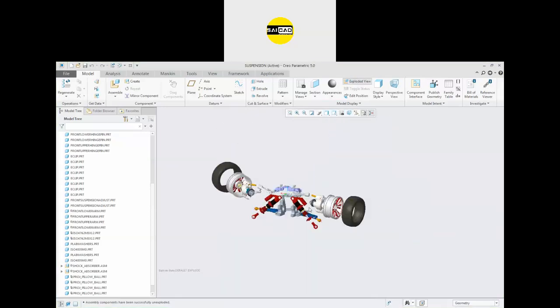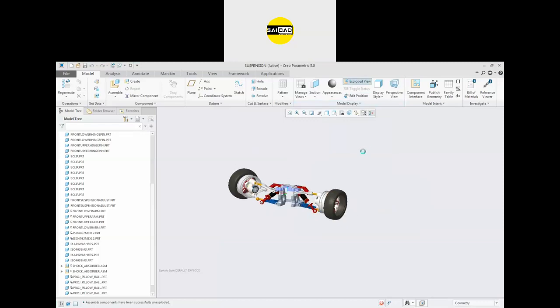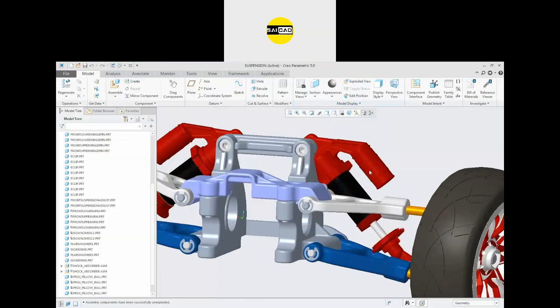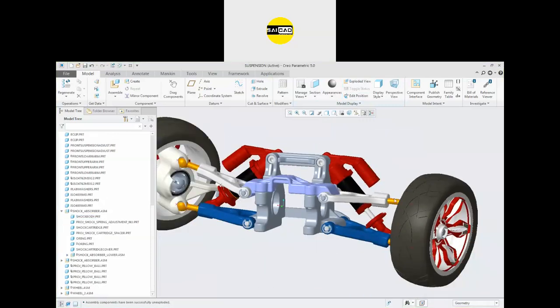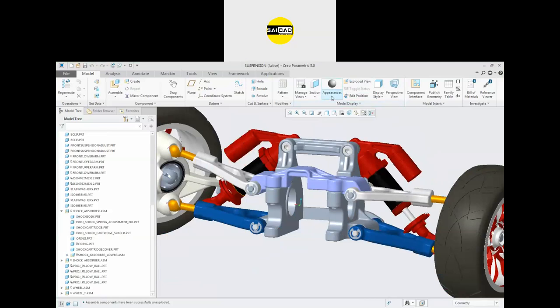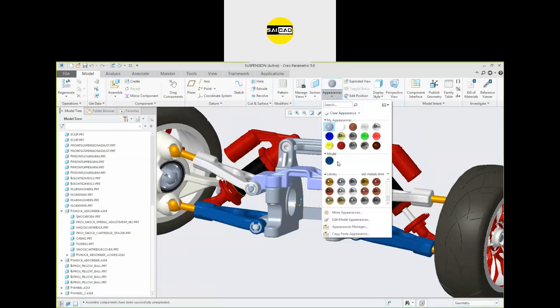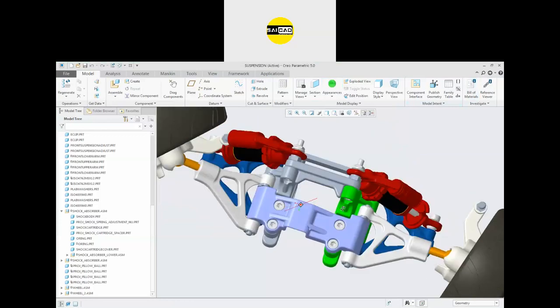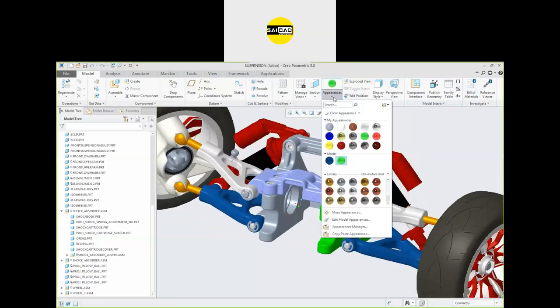So we will cover this in the next session, how we can create the exploded view. For the appearance, you can see the color red applied here. So how to apply the appearance? For that, you can just go to the appearance and select the appearance type you need. Right now we have some limited options here. For the color, like I want this green color, so select it, and now you can select the component, click OK, and the component will be colored in that appearance.